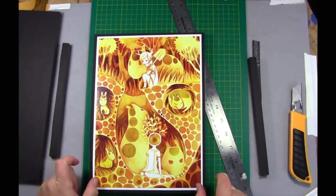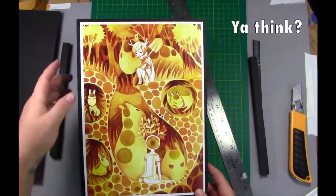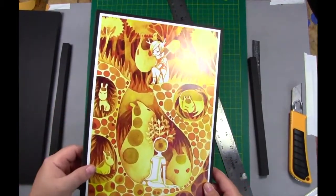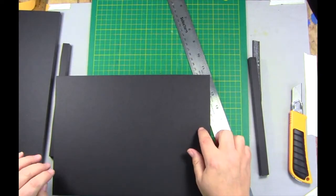Now, here's the amazing thing about this. And I think the next ones I'm gonna leave a little bit more border. That's actually way too little border, because now it looks like a plaque. Less like framed, more like plaque. Okay, what I can do though is